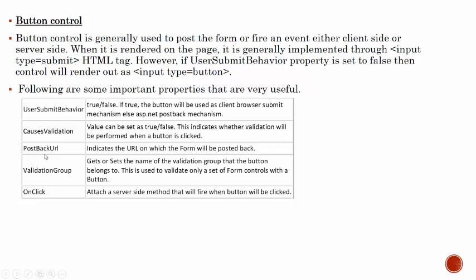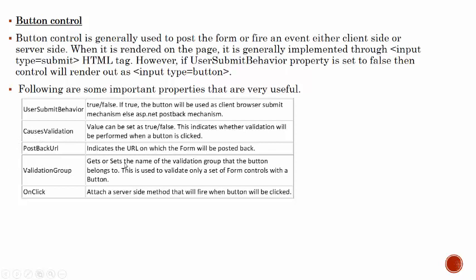Next one is the postback URL. The next property is postback URL. We can set the URL inside this property, or we can say the location will be set. Next one is the validation group. If we set the causes validation property, then we have to set it with the validation group.